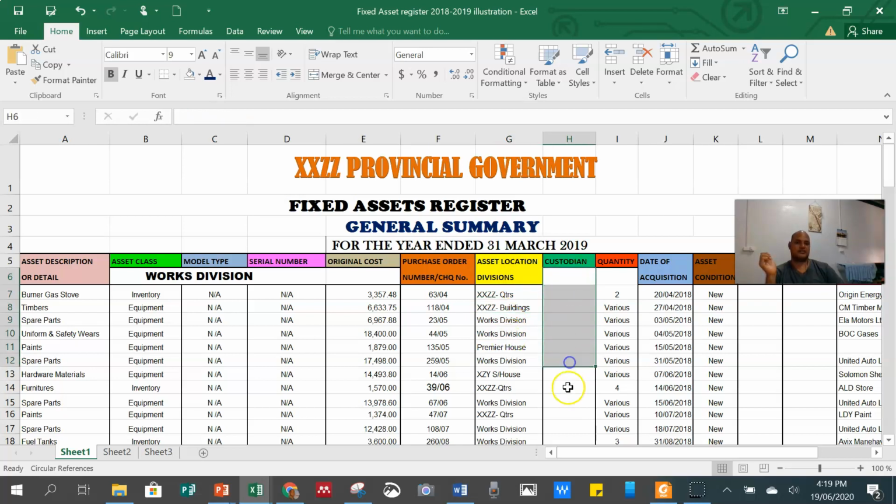Actually, I removed the custodian here, and then what's the quantity. So here they put, for example, if the works department has an inventory, and this inventory is the vinegar stove, for example, then they note it as 2. So if they have 2 quantities, we only have the cost then, and this is the process. So I said to them, okay, I will give you at least a mark for this, but there are areas that I really want to improve.